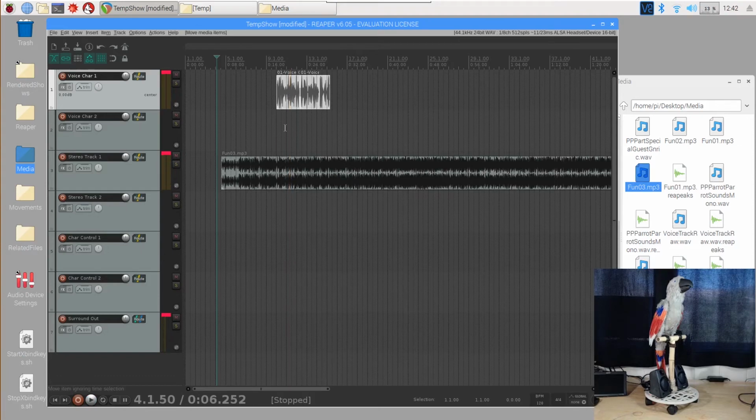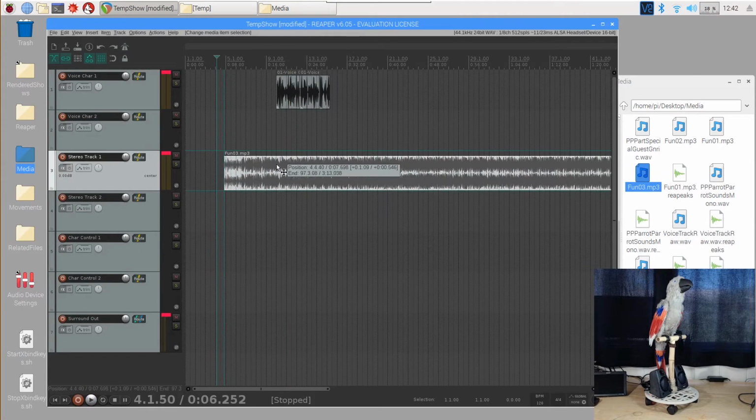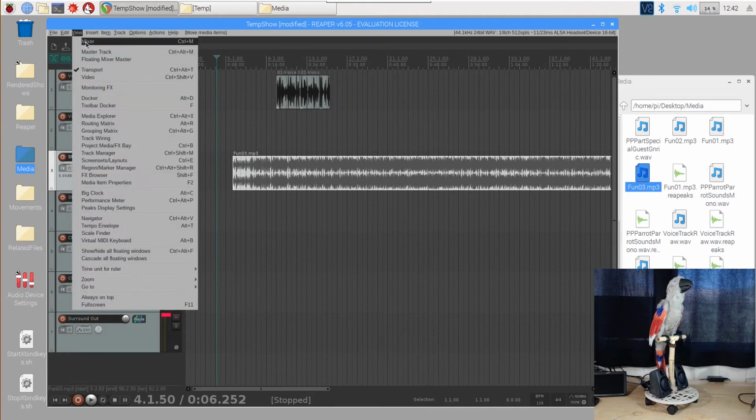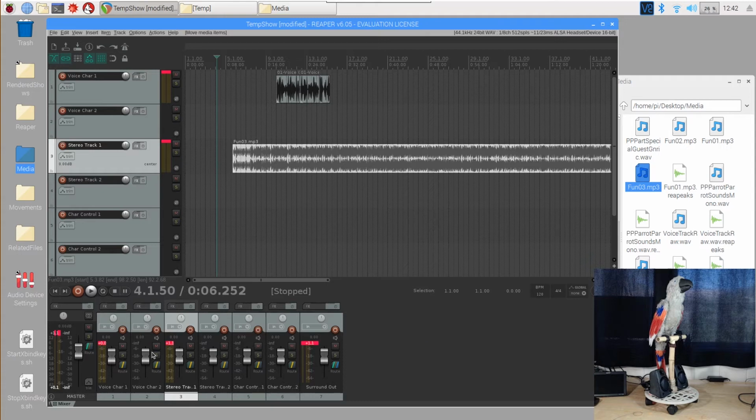Okay, so the parrot voice comes in, but the music's overwhelmingly loud. And I want to adjust the volume of this music. So we're going to go to view here and turn on the mixer so I can see these tracks down here. And we're going to do something pretty fancy here. Right before he speaks, I'm going to turn the volume of the music down and I'm going to record me doing that